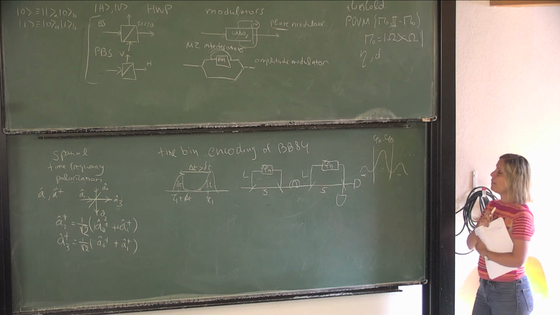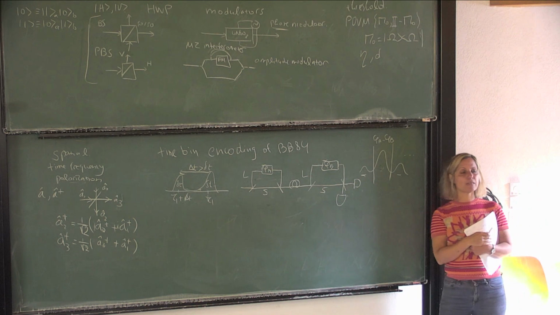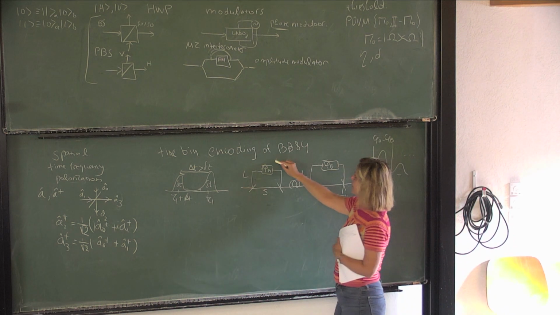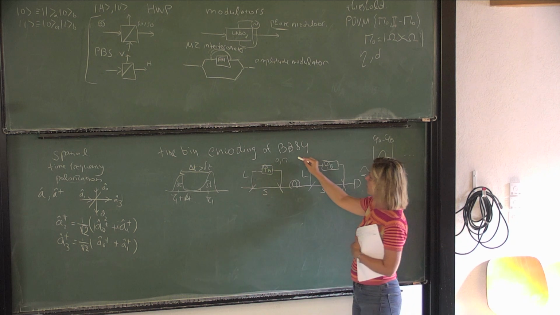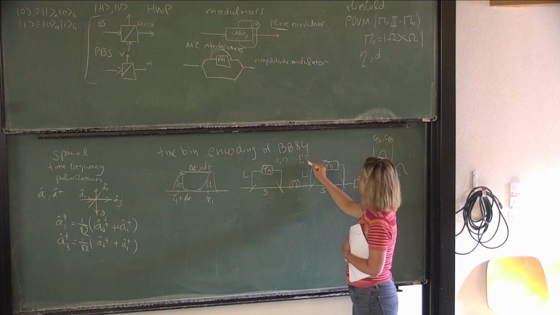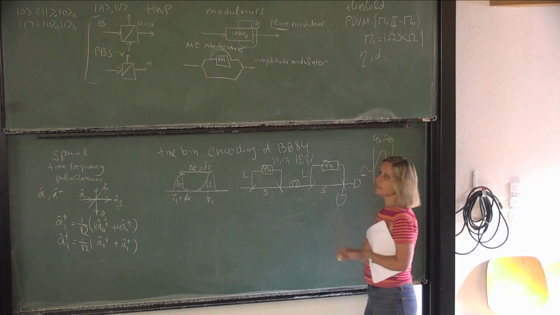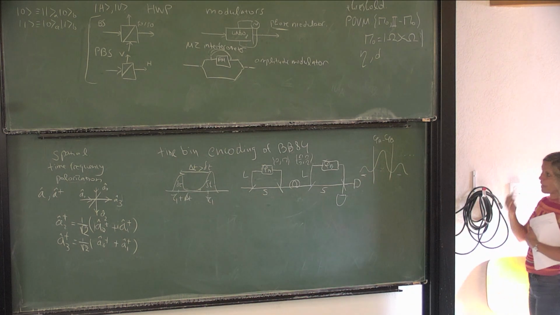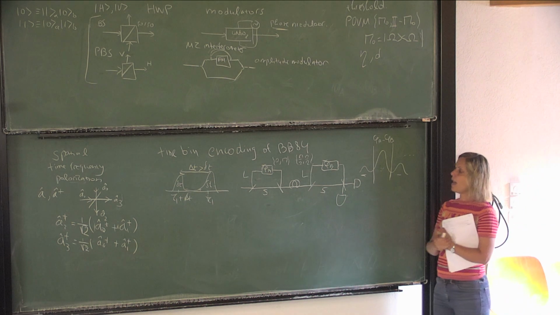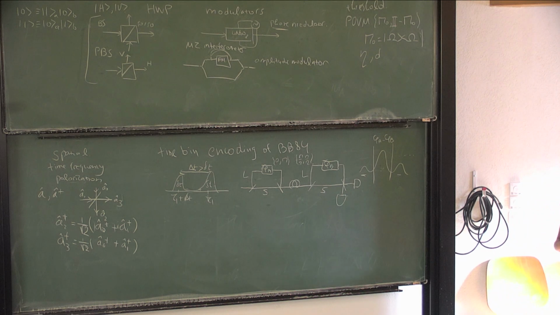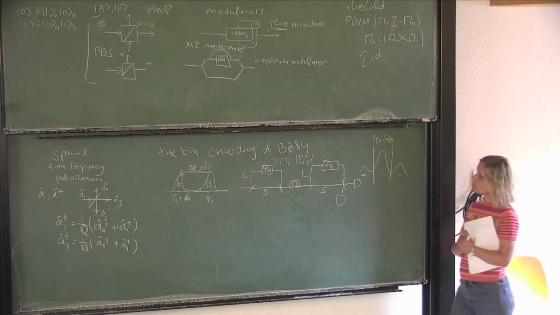And you can show that the phases that are used for the Z basis are typically 0 and pi, okay, and for the Y basis, I think, it's minus pi over 2 and pi over 2. Okay, these are the two families of phases, the pairs of phases that you need to use for the time bin encoding of BB84 in this setup. So this is time bin encoding BB84 that opened the way at some point several years ago to nice demonstrations,